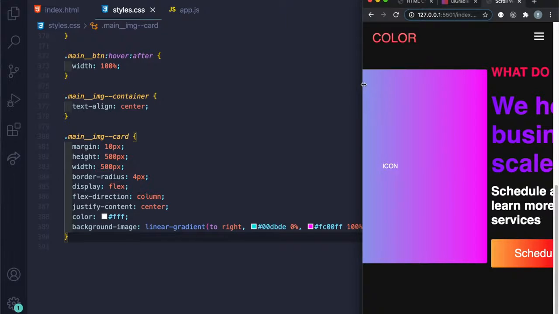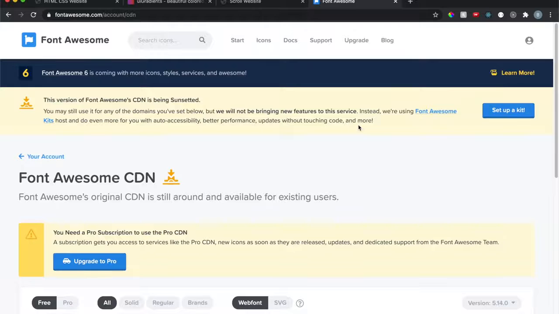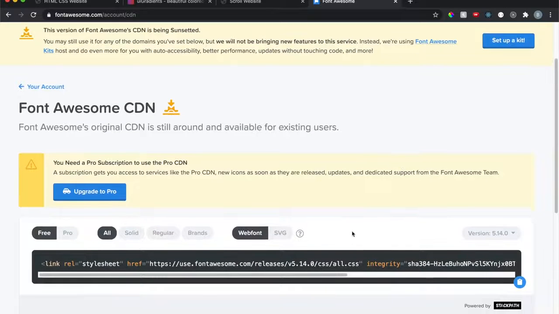So let me scroll this back over, and let's head over to Font Awesome. All right. So now I'm on Font Awesome. So if you don't want to use icons, then you can ignore this. But in case you haven't already, go ahead and create a Font Awesome account. Then click on the little icon here, and then go to Font Awesome CDN, and it'll lead you to this page. And then simply just copy this right here,